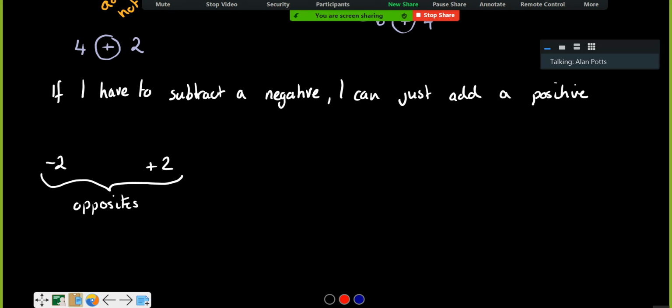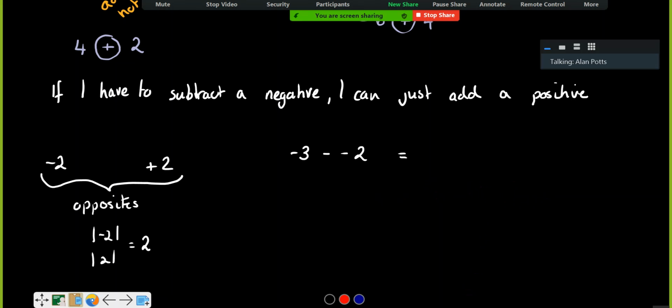All right. So if they're opposites, the reason is then because we know that the absolute value of -2 and the absolute value of 2 is 2, right? So what we can then say is if I do anything with a negative number, I can actually just do the opposite with the positive number. So for instance, -3 subtract -2